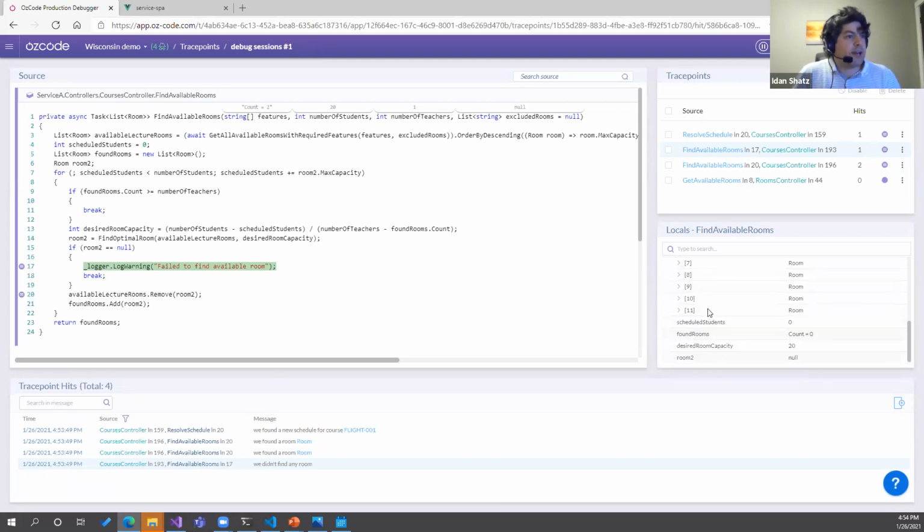And the reason for that is because the desired capacity is 20. So we are looking for a room with 20 people, but the maximum capacity that we have available is 10. So probably the right thing was actually to use the non-optimal room, but here the logic was flawed and it didn't assign anything. So I hope with the demo you can get a sense of how you can actually debug